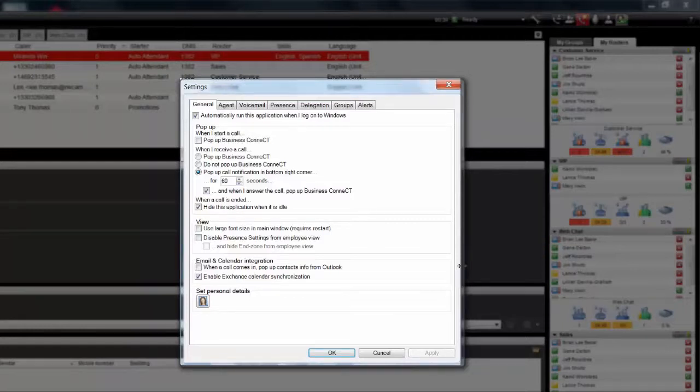A popular setup is to select Pop-up Call Notification in bottom right corner. The default on this is 5 seconds. Agents working in other applications typically change this setting to 30 or 60 seconds, or even longer if they don't want the desktop to pop up and interrupt what they were working on when a call arrived. Agents who only want to answer calls from their telephone may also do so by selecting Do Not Pop Up